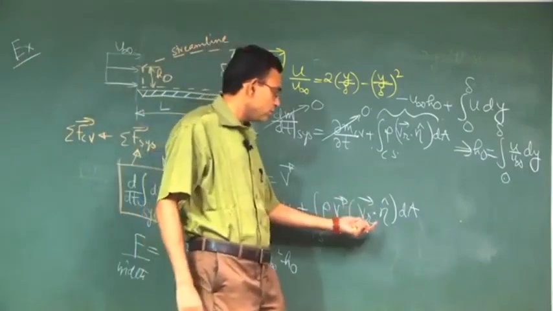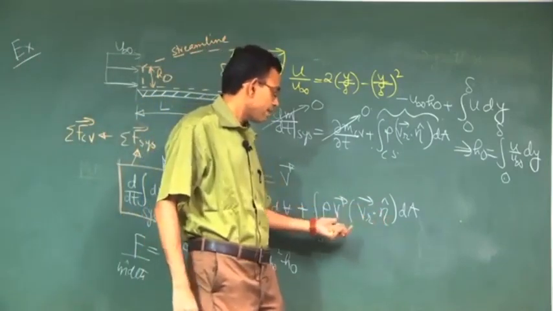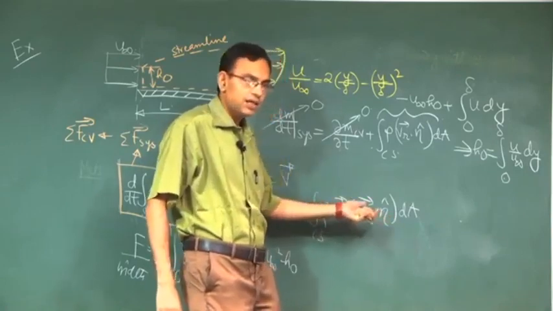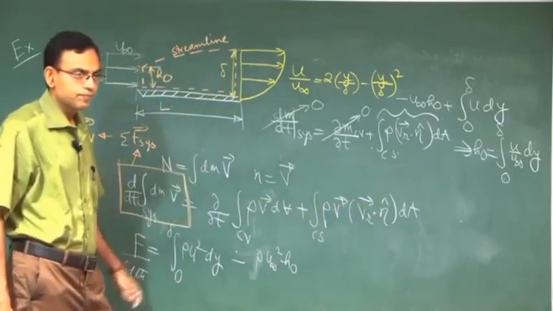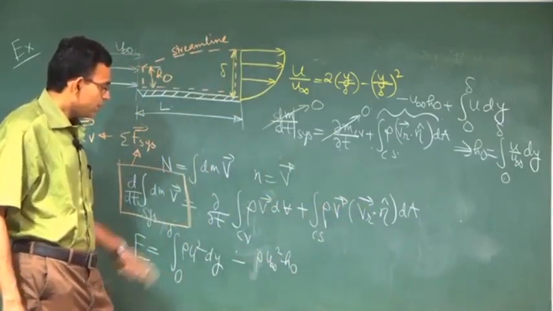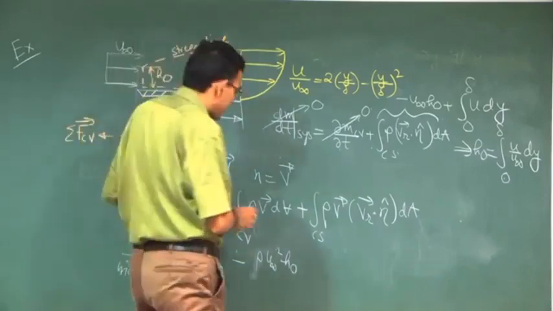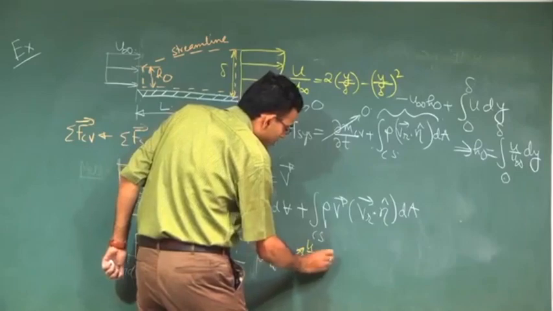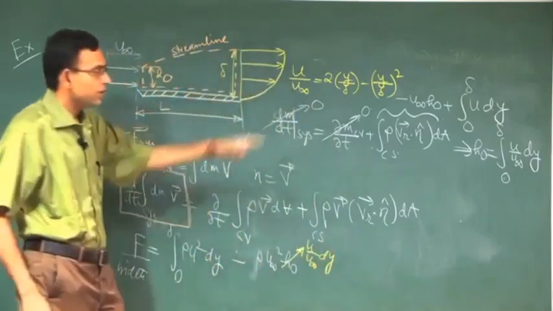So u into u, outflow being plus and inflow being minus. Now in place of h naught you can write integral u by u infinity dy from there,